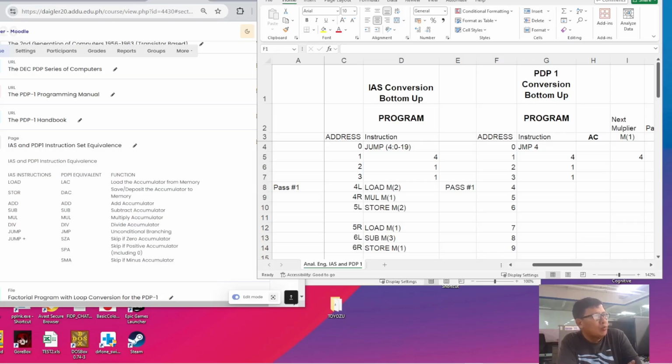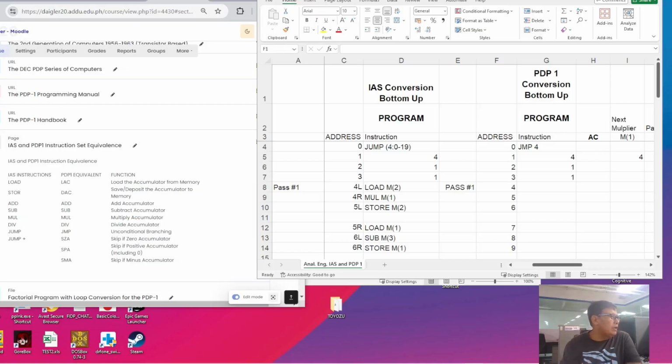It is still a stored program concept computer, and the main difference is its memory is a straight architecture, which means that it has a uniform size both for data and instruction, unlike the first generation computers where they have a left and right. So the PDP-1 is an 18-bit computer both for instructions and data.